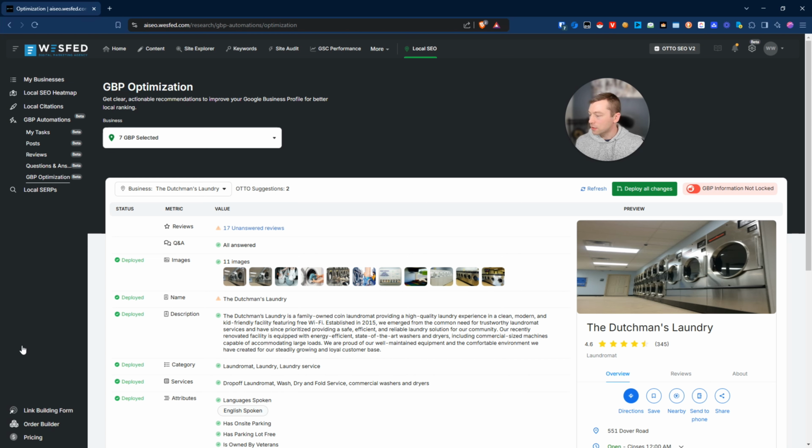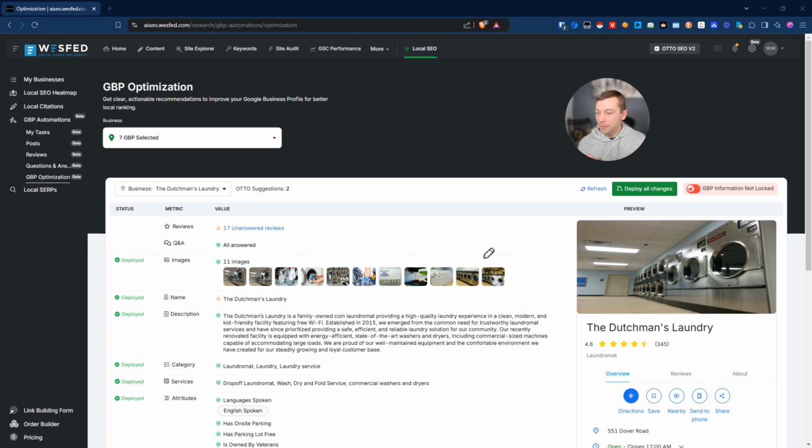Very similar to what Search Atlas can do with auto, we can do that here. A lot of the recommendations that it's going to suggest, such as a new description or the name, or if you need to add QA, if there are any actions that need to be done, you can have Search Atlas automatically apply those for you. Now, I recommend looking at these before you automatically apply them across the board,